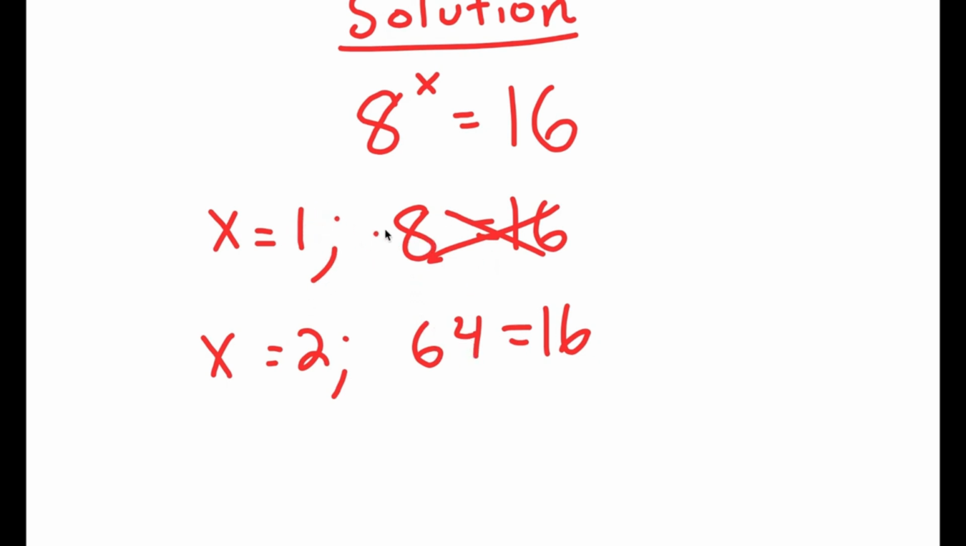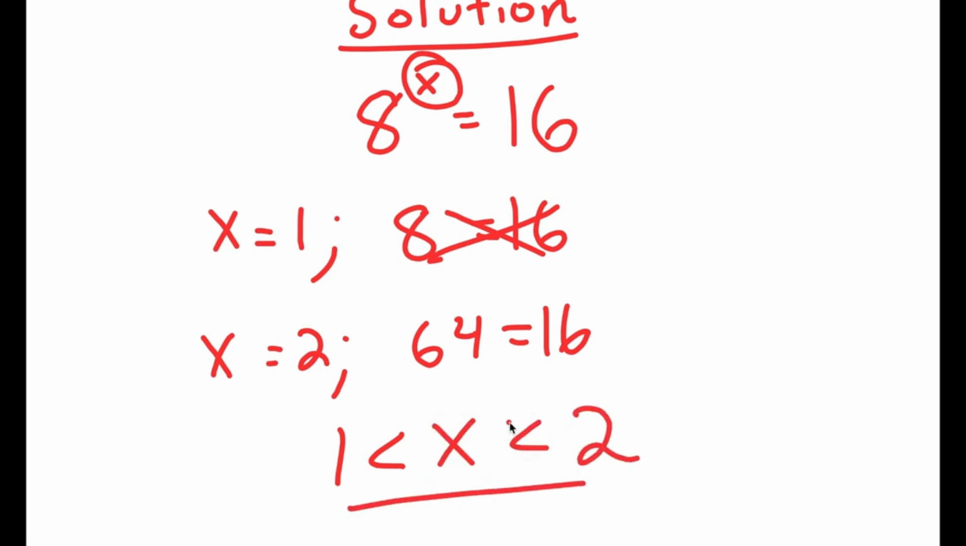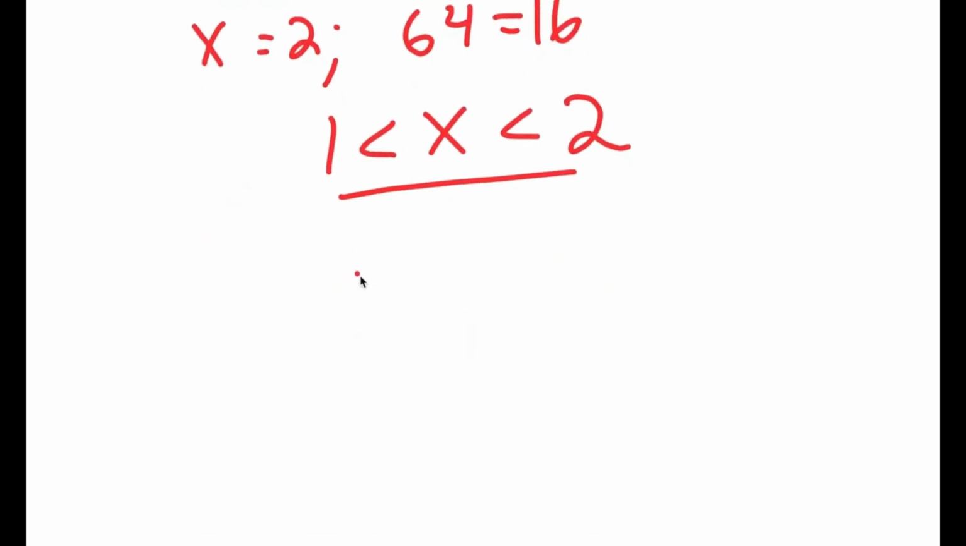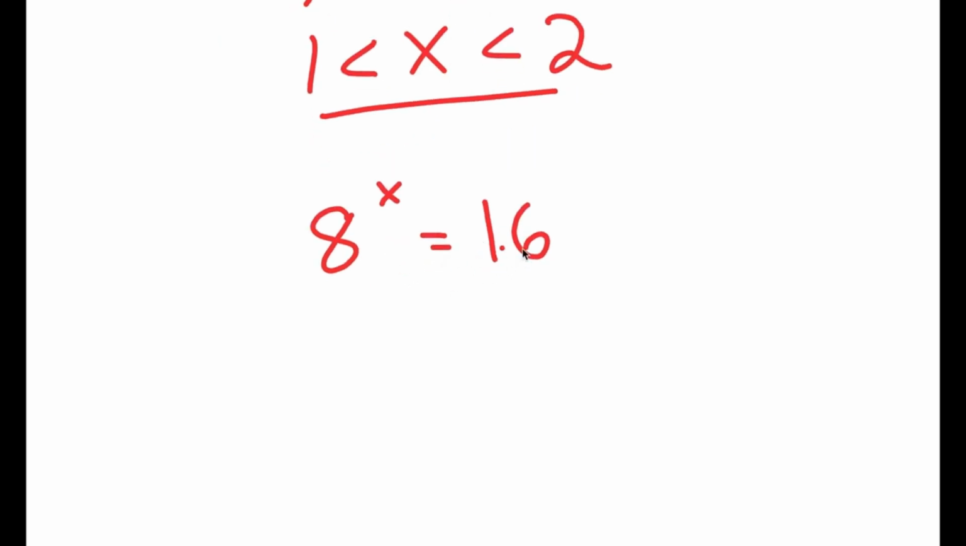So we know that the value of x is not going to be a whole number but a decimal, and it's going to be somewhere in between 1 and 2. So x is greater than 1 but less than 2. We know this. Now, how are we going to actually solve this problem and find the exact value of x? Well, what I can do is rewrite 16